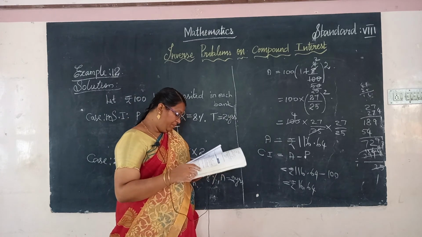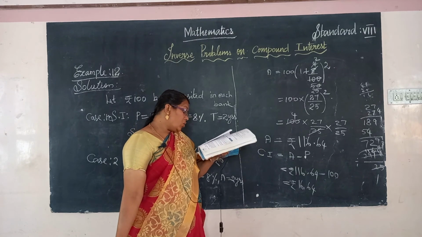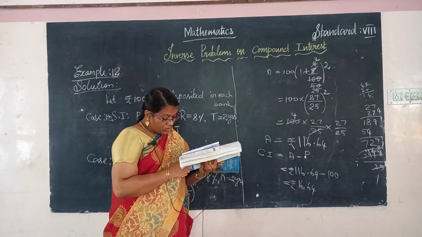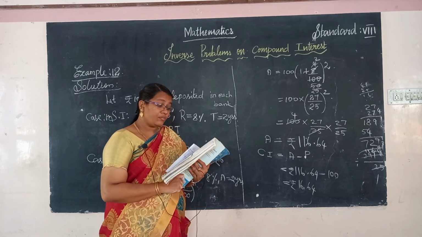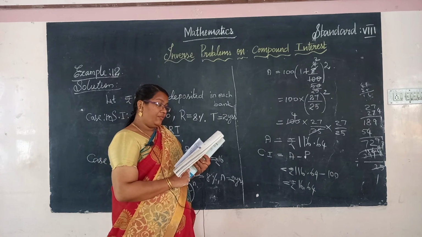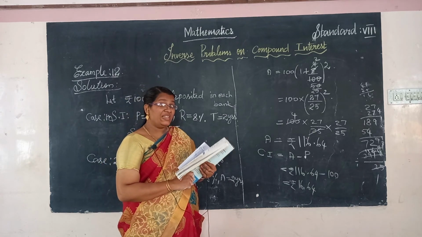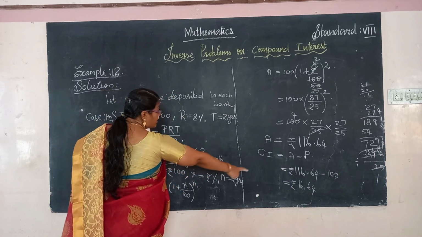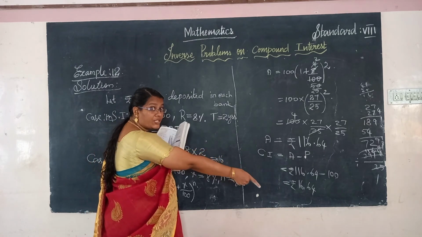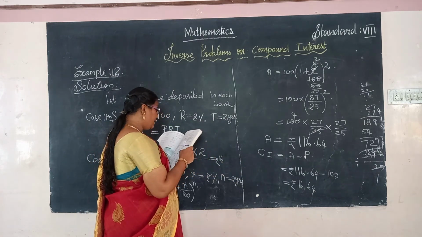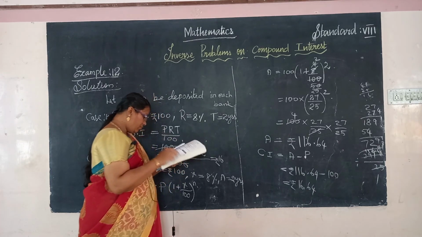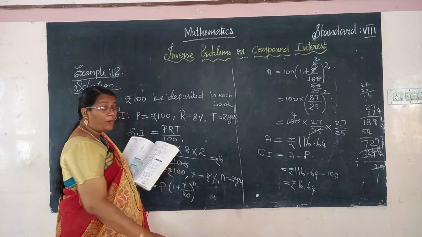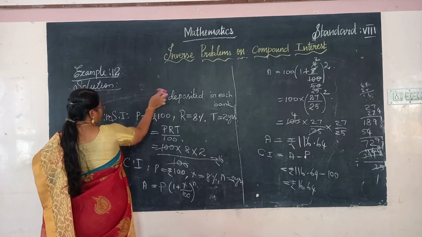What we find out here, the final one, and the difference on the interest gain is given. Okay, the gain is rupees 480. So we have to find out the difference between the simple interest and compound interest. What is the simple interest amount? We have calculated 16 rupees. Compound interest is 16.64. The difference of these two values, the gain, is rupees 480.